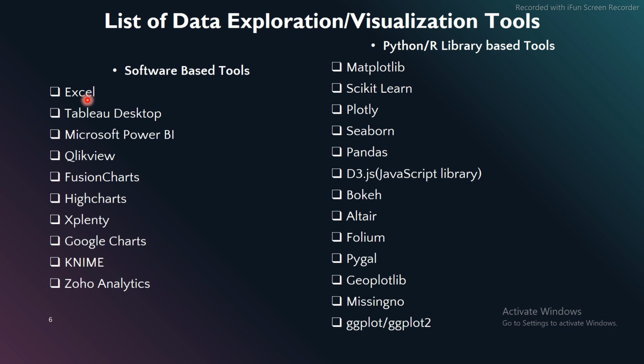There is also something called QlikView in the market apart from Tableau and Power BI. Then you can check on Google for Fusion Charts, High Charts, Xplenty, Google Charts, Zoho Analytics. So these are some,